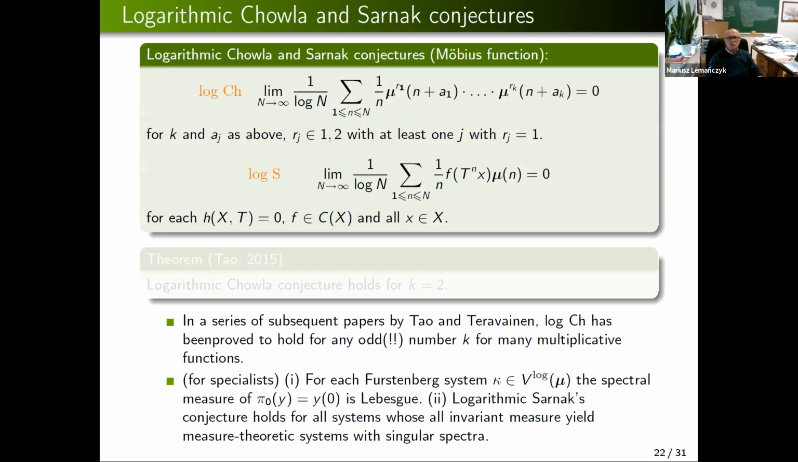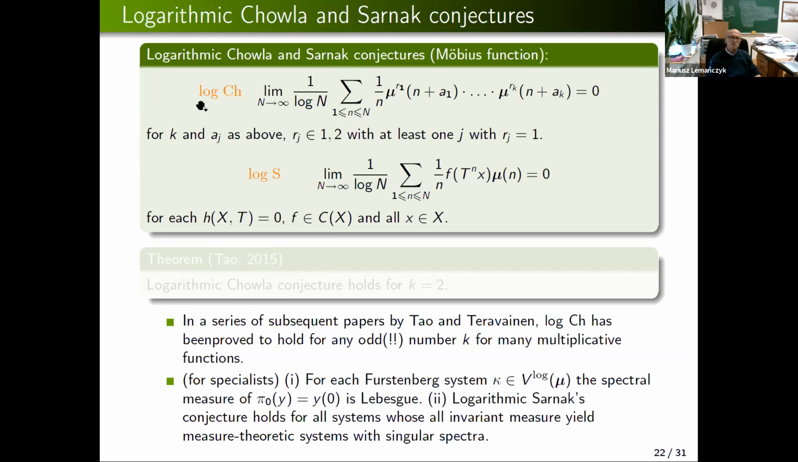But then in 2015, so 6 years ago, there was a breakthrough, let's say on the level of number theory. I will not talk about number theory too much, but just concentrate on Chowla and Sarnak's conjectures. So Tao came, and to formulate Tao's results, I like to first say,